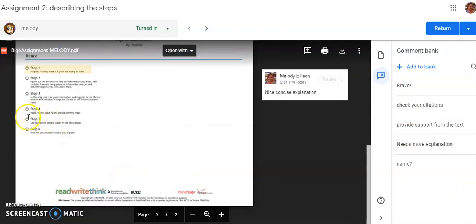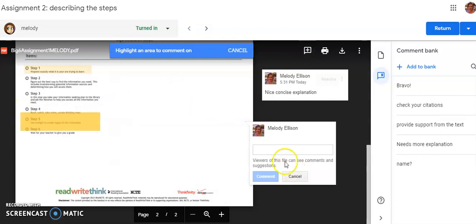And then at step 5, it says, for synthesis, its description is to use sunlight to create sugars in a chloroplast. So I'm going to add a comment on that one,